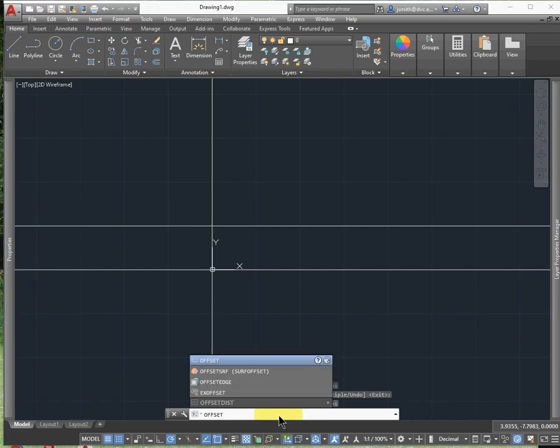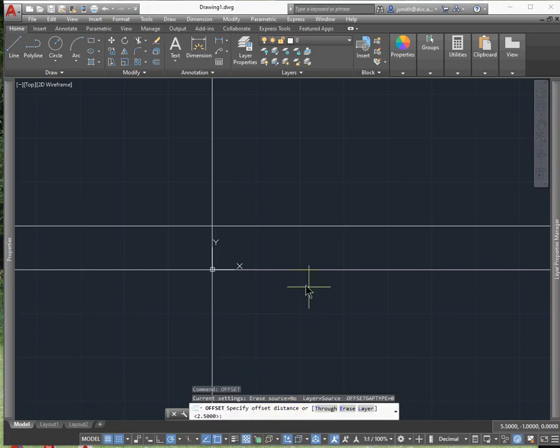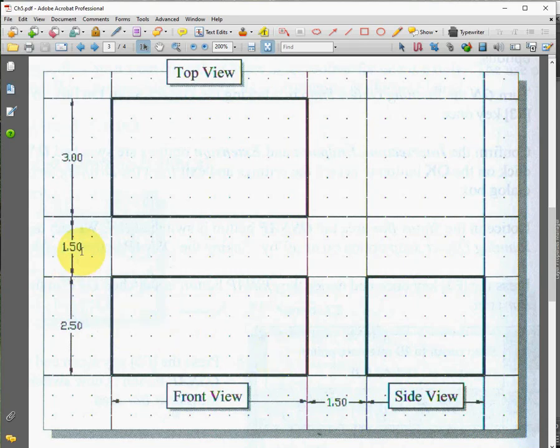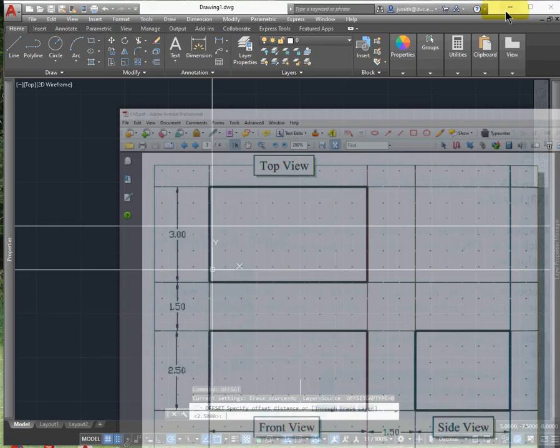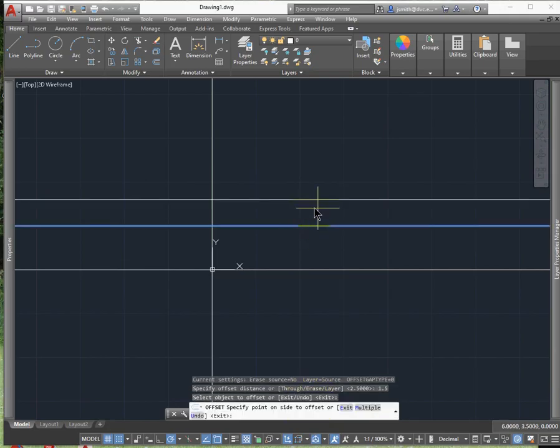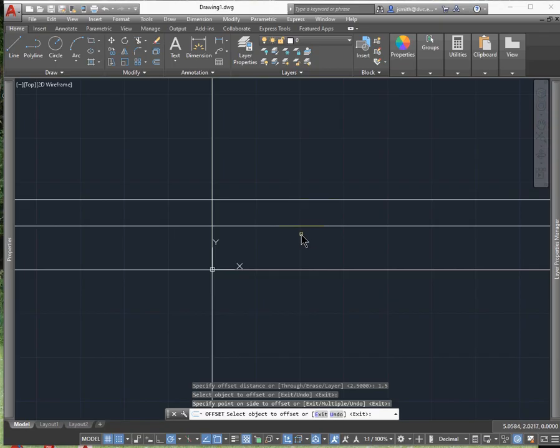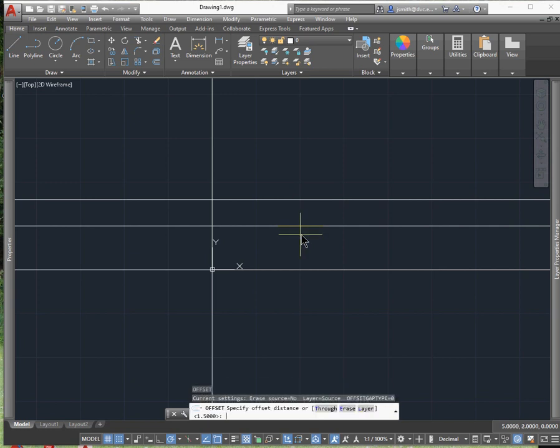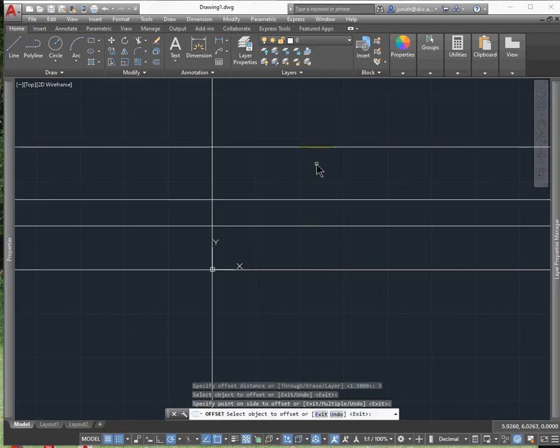Now I'm going to do the same thing again, but this time I have a different distance. I'm just reading from my drawing. This one is 1.5 inches, and the following one will be 3. So I'll type in 1.5, enter, select the second construction line, move my mouse up, click it, and push enter. Then I can either push enter again to activate the offset command, or I can type it in. In this case, I'm going to type in the distance